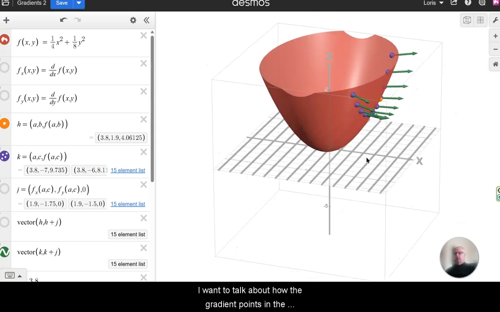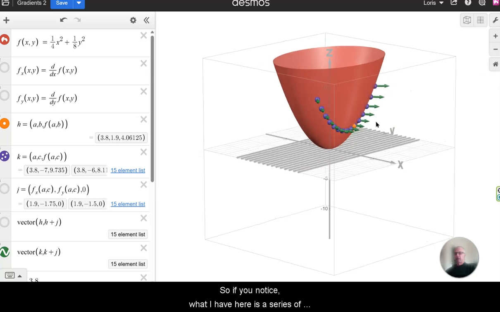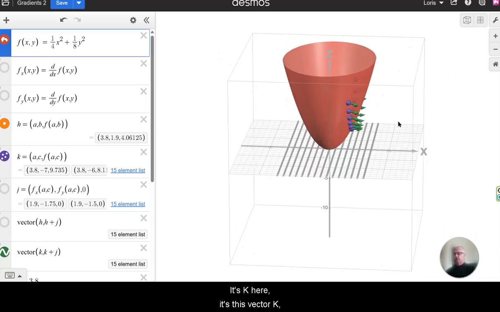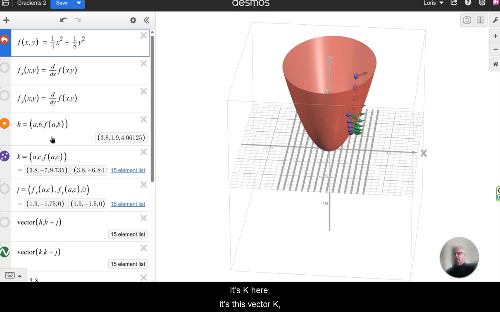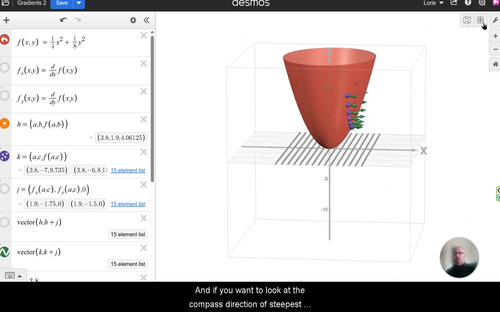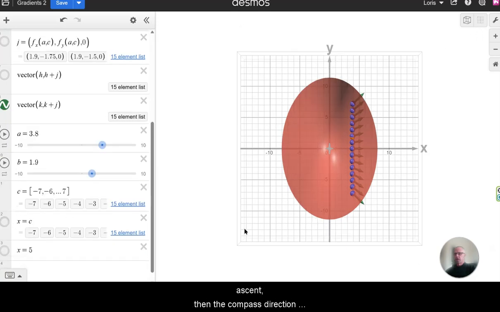I want to talk about how the gradient points in the direction of steepest ascent. So if you notice, what I have here is a series of vectors that are the gradient vector. It's this vector k comma k plus j. I'll explain that in a second. So these are all the gradient vectors, and if you want to look at the compass direction of steepest ascent,